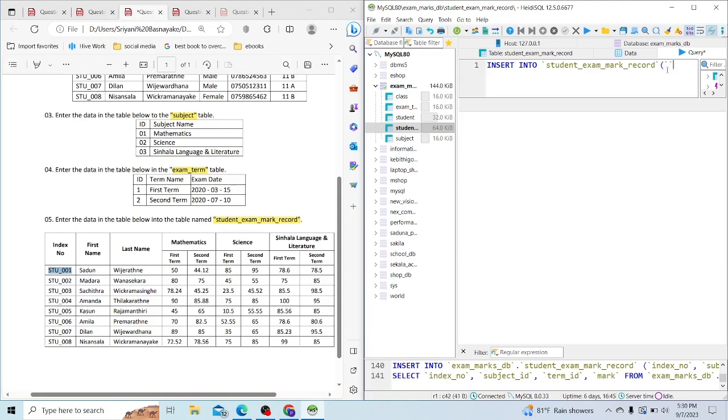There are 4 columns. So the first one is